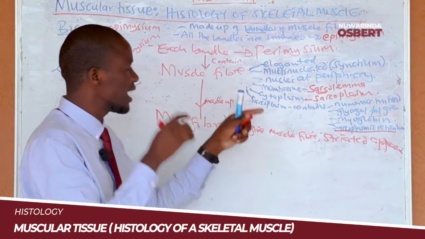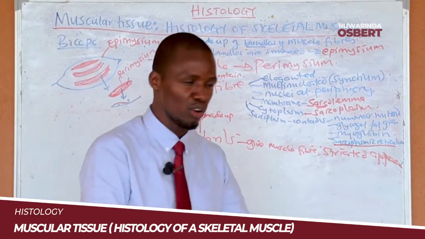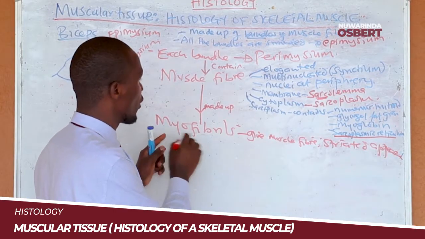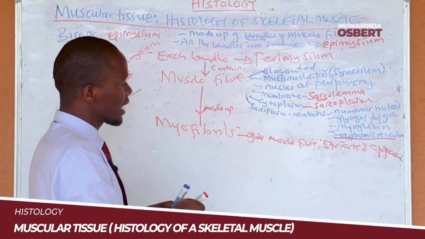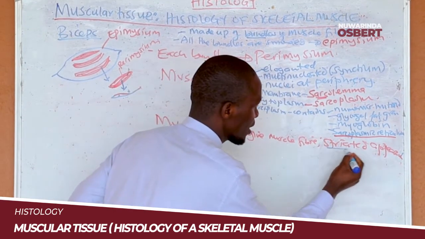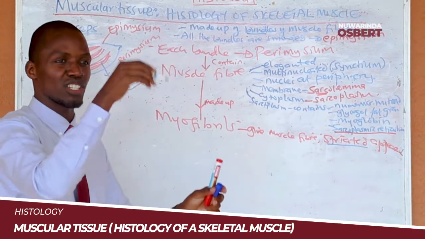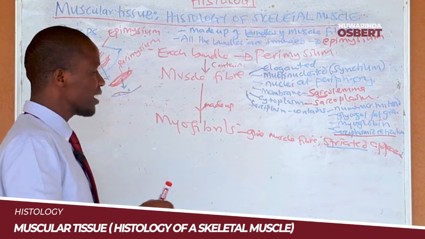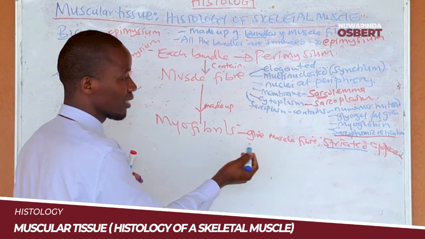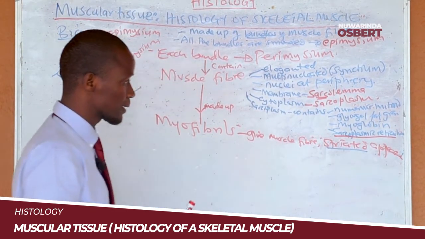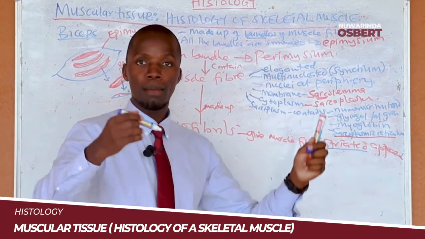So within a muscle fiber, if you go inside this muscle cell called the muscle fiber, you find what we call myofibrils. And we are saying these myofibrils are the ones which give a skeletal muscle a striated appearance, that appearance which is kind of like striped. Why do we say that the myofibrils provide a skeletal muscle with this striated appearance? We say so because